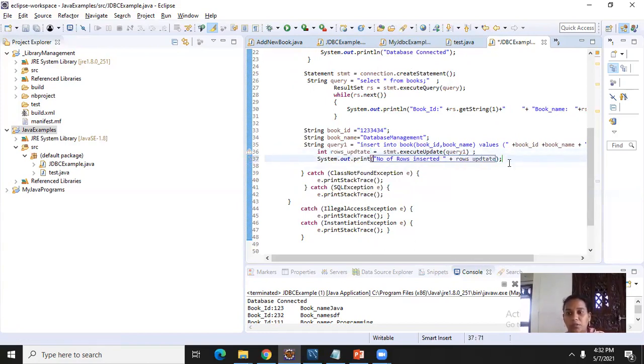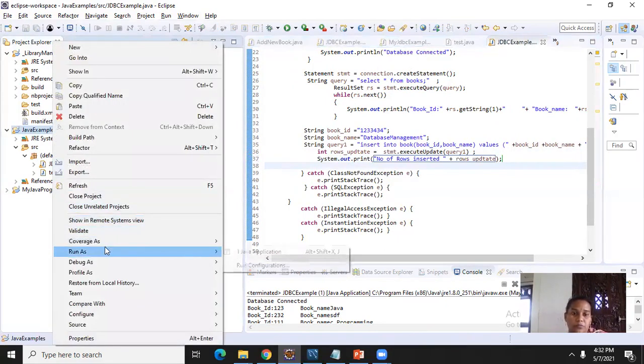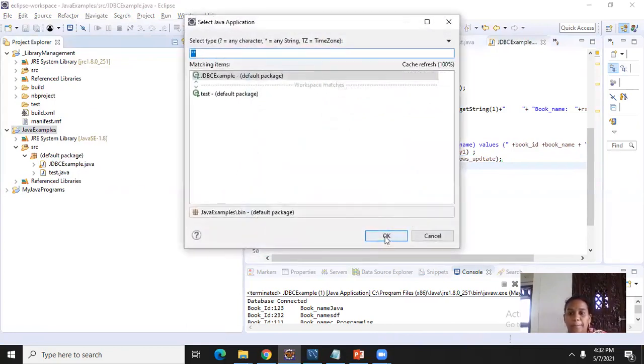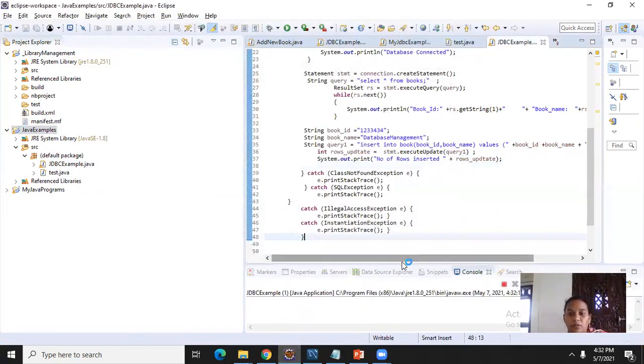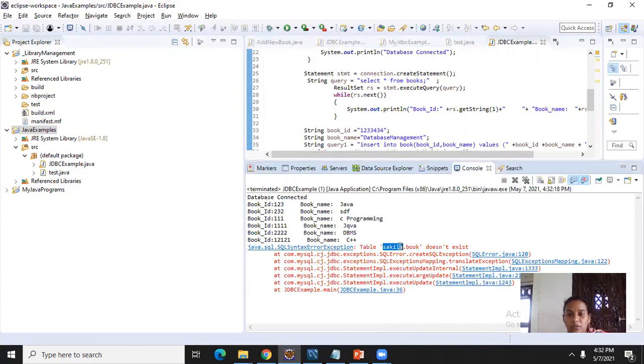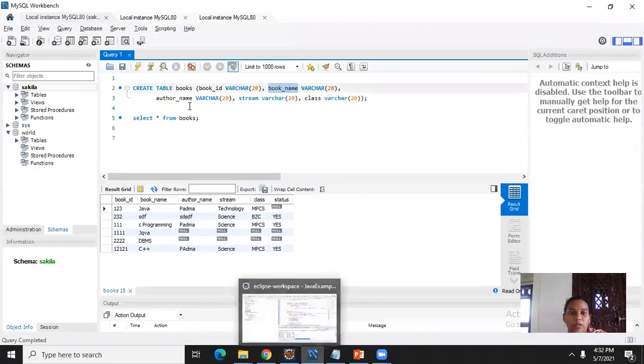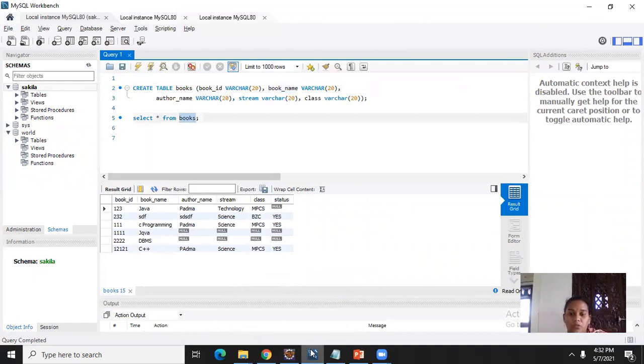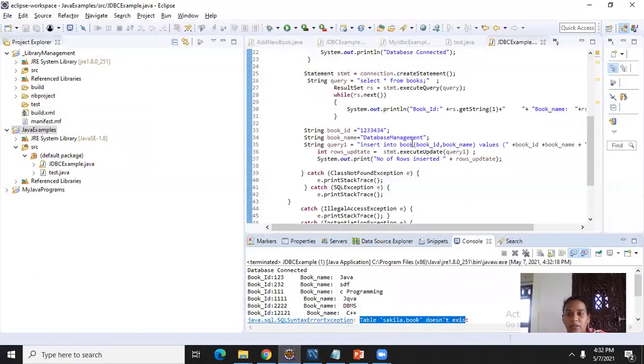So now we will try to execute this program. Again it will execute the first one, database connected. Okay, in the Sakila database, the table Sakila book does not exist, exception thrown. So I gave the table name wrongly, that's why this error came. The table name here is books, not book. I will write here books.